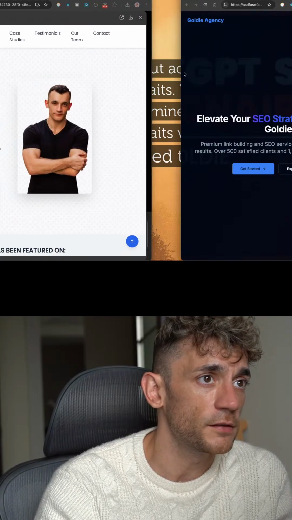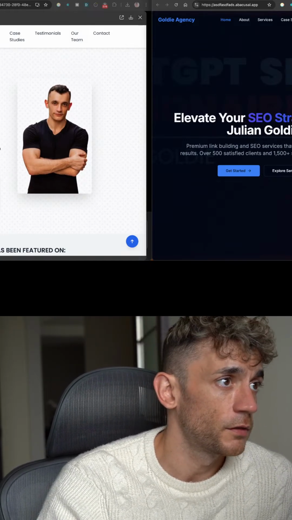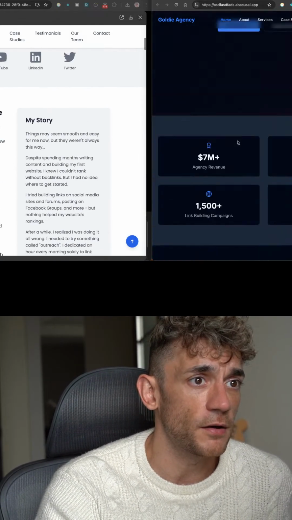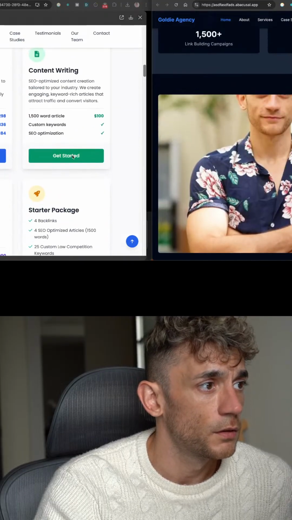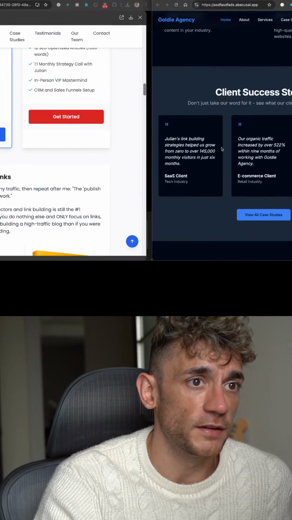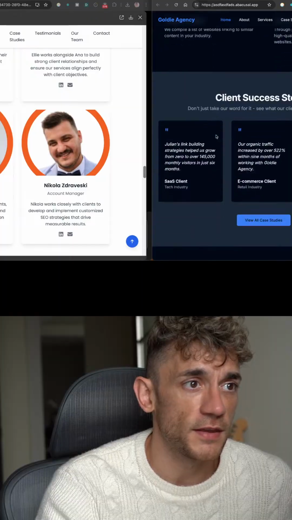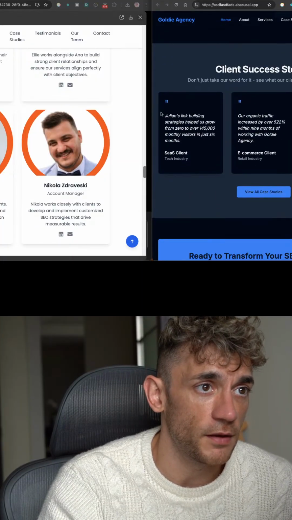All right, so if we compare these side by side, which one looks better and more customized? This one. Okay, if we scroll down now, which one is using better images and has more detail? It's going to be this one, right? Obviously. And then also, if we scroll down here, we have a look at the